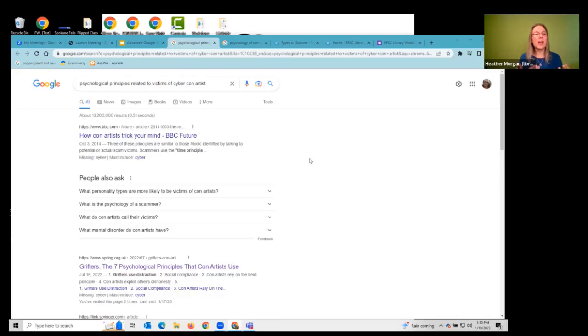But that can also be a hindrance when we're doing academic research, because in academic research, you want to get an idea of a variety of sources and a variety of perspectives, not just what Google thinks I might want to know or might be most interesting to me. I really want to keep an open mind when I'm doing academic research. So I want to remove that personalization from Google.